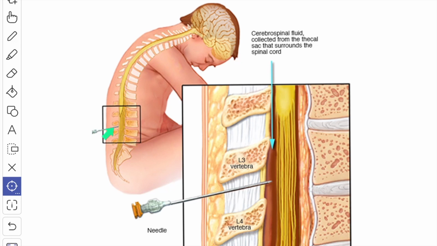The needle is passed inward and somewhat cranially exactly in the midline. The supraspinous and the interspinous ligaments are traversed and then the dura mater is penetrated. When it penetrates the dura mater, it gives a distinct feeling of give way. Occasionally, root pain is experienced if the roots of the cauda equina are impinged upon, but usually they float clear of the needle.